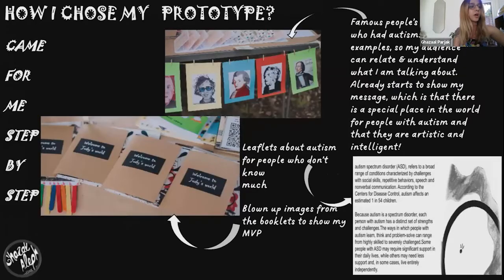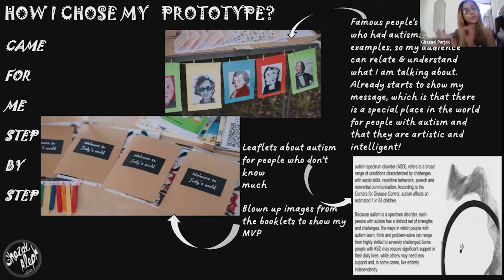How did I choose my prototype? I have been observing some families' lives with special needs children. I read books about how to understand and teach art to autistic children, and also books which have been created for them before. And I watched documentaries about autistic families, how they manage their lives, improve their children's skills, and how they feel. Judy's World was my first try at an illustrated book for children with autism.